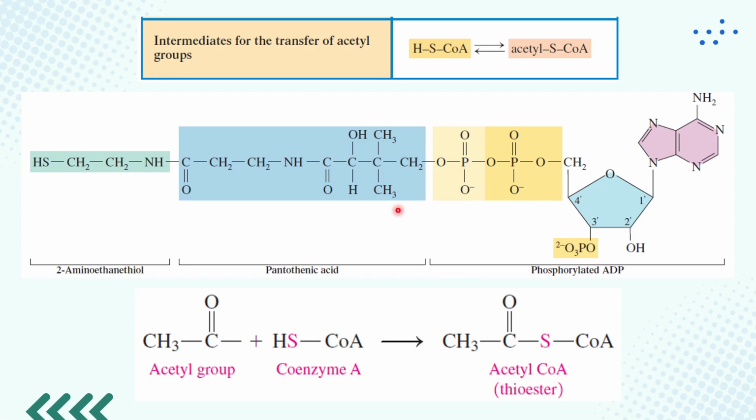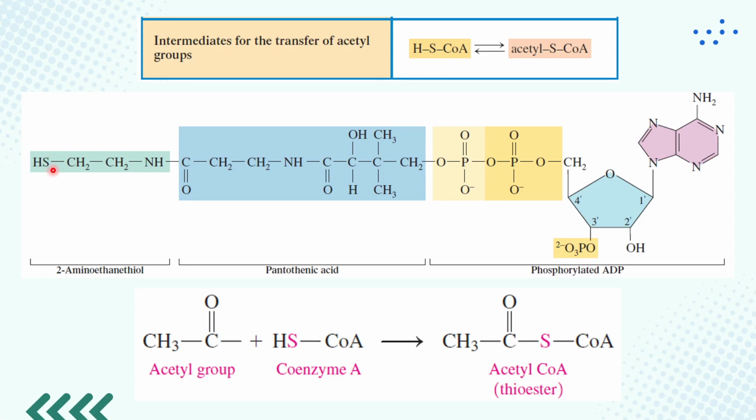So in the second carbon, attached are your pantothenic acid and your 2-amino ethane thiol. Now take note that your pantothenic acid is also known as your vitamin B5. So in short, the presence of your vitamin B complex is very important, kids, in the formation of your intermediate compounds. Now, remember thiol group? Every time you encounter the word thiol, this is referring to the presence of